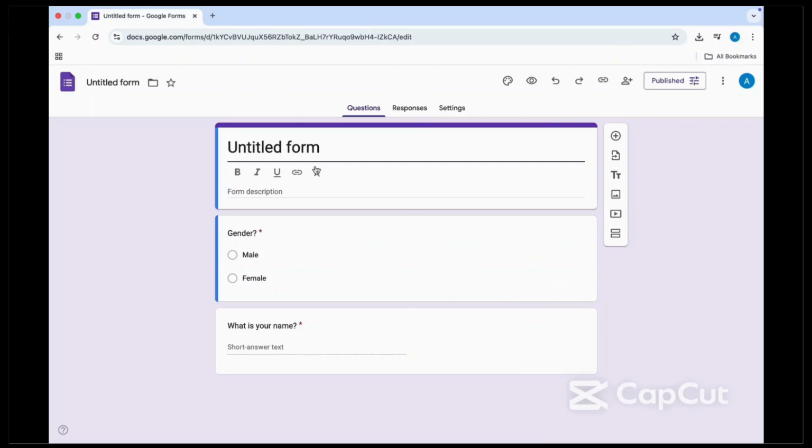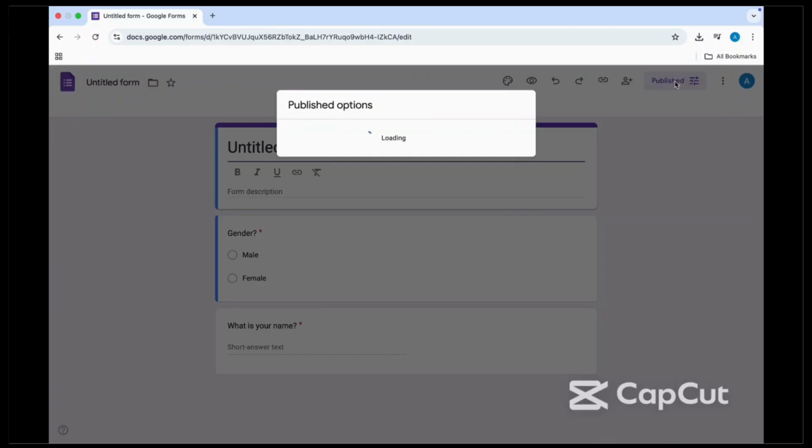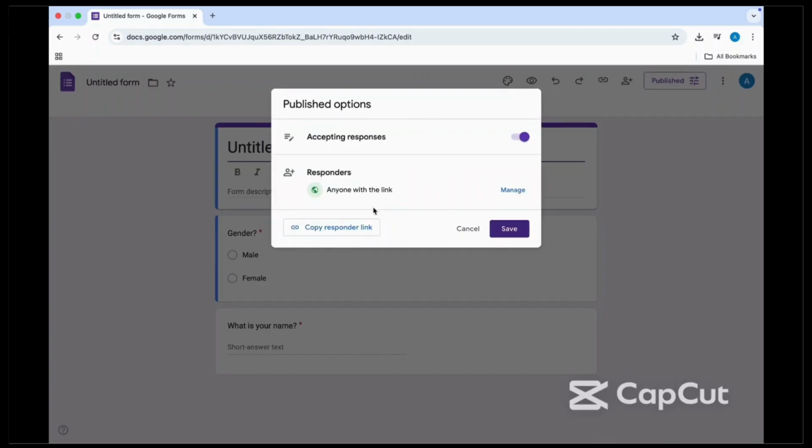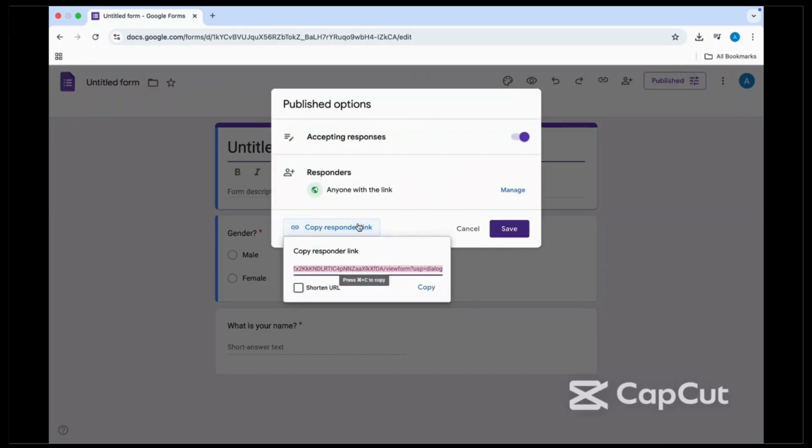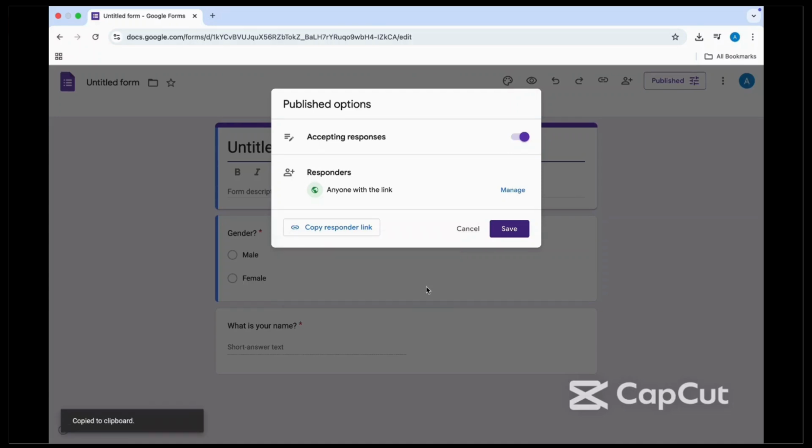Now all you have to do is, you can see my project has already been published. Tap on the publish button available at the top right corner of your screen. And once you tap on publish, you will get to see the copy responder link option available there. Now there you can see the shorten URL box option available. Now check the box, and that is it. Now you can copy this and send it to anyone, or you can paste and share